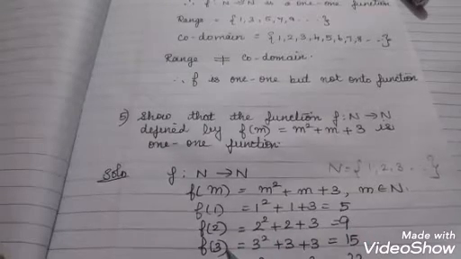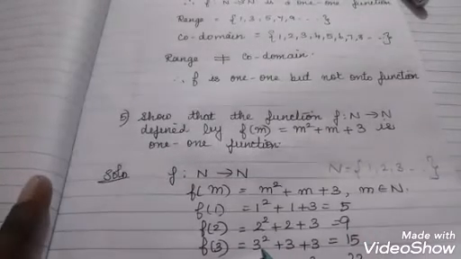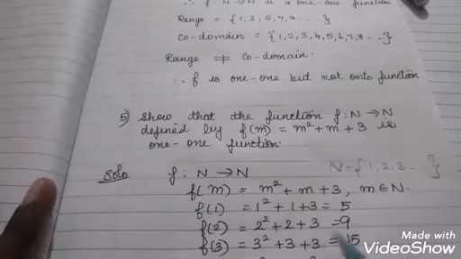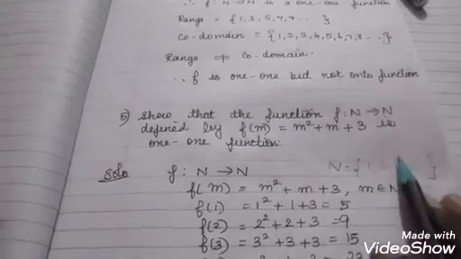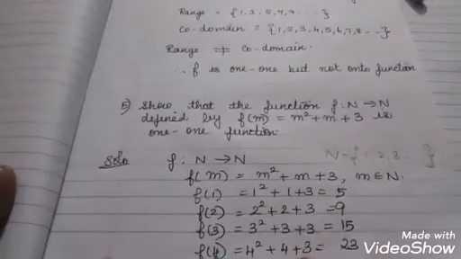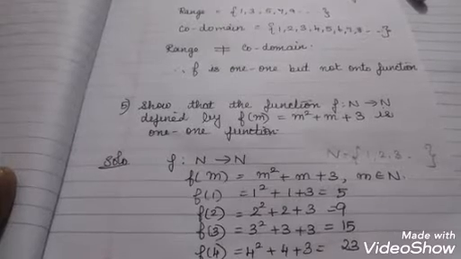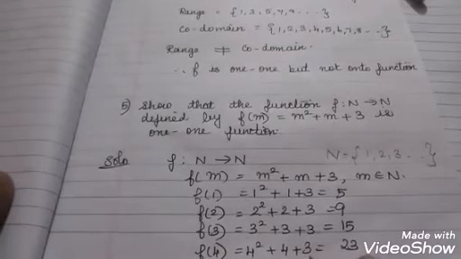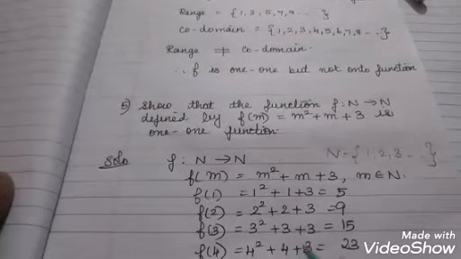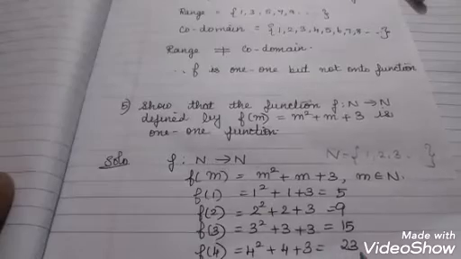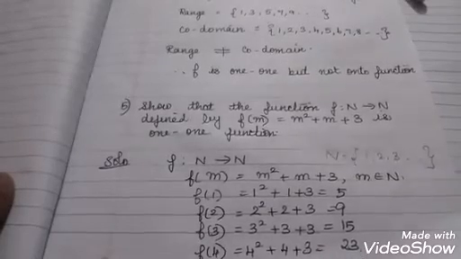Next is f of 3. What is f of 3 equal to? 3 squared plus 3 plus 3. What will I have? It is equal to 15. What's the next one you get? F of 4. What is f of 4 equal to? 4 squared plus 4 plus 3. What will I have? 16 plus 4, it's 20. 20 plus 3 is what? 23. So again it goes on, etc.